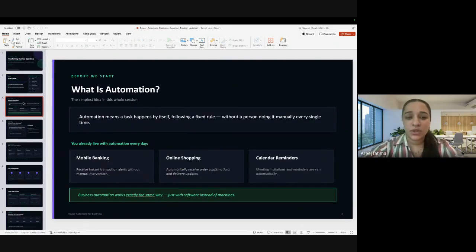Okay, let's start with automation: what automation is, why we use it, and in which industries we need it. If I talk about the daily work we do every day, even our online shopping, our mobile banking, even in finance, there are a lot of invoices and repetitive work happening. All these things we normally do manually, even most of the admin work. Just to automate all of this, we normally use automation.